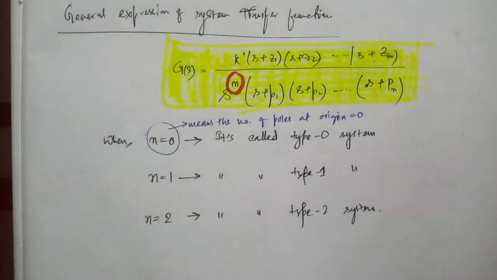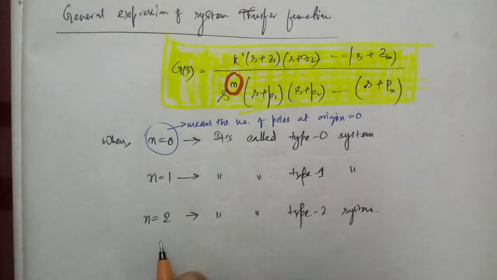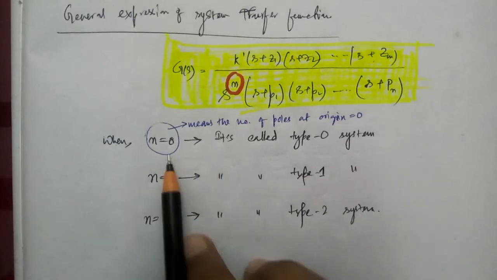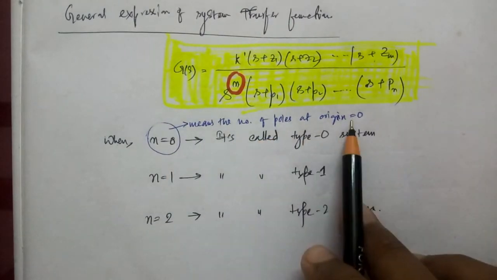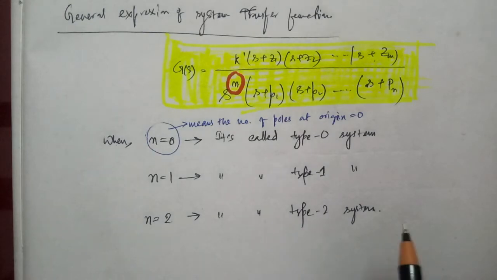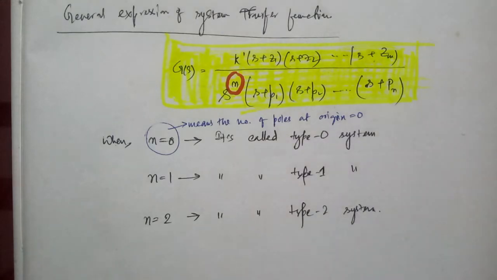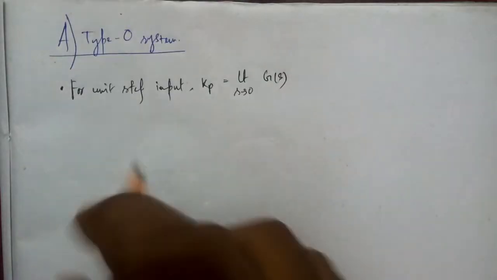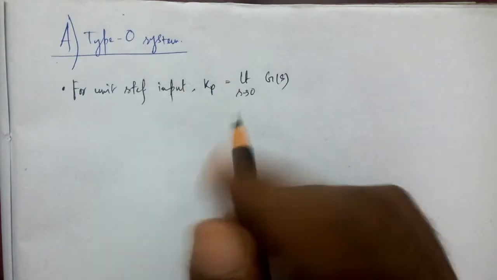I have written the expressions here, meaning n is equal to 0, n is equal to 1, and n is equal to 2. N is actually the number of poles at the origin. So now we have to find the steady state error expressions for these three types of systems. Now for the first, type 0 system, we are taking